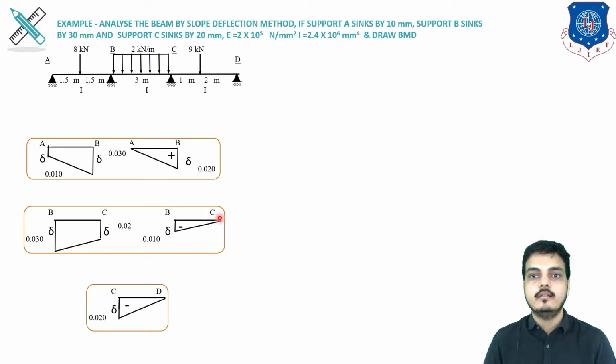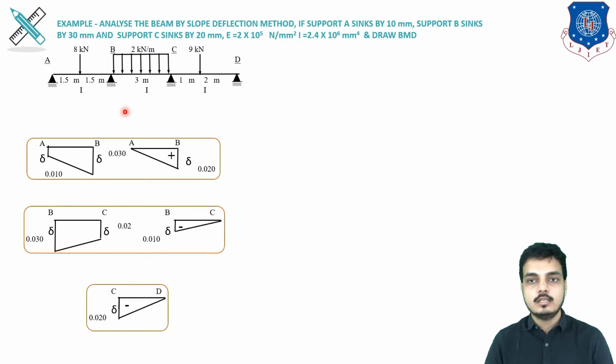So here we have drawn it like this. Now why negative? Because at C it's 0. So while standing at C, we can see that B is going in an anti-clockwise direction. So ultimately it is negative. Now for the CD span, D is not sinking, or say C is sinking by 20 mm. So ultimately it is 20 mm. And why negative? Because it is sinking in an anti-clockwise direction. So this was the net effect of delta which we will be using in step 2 of our example.